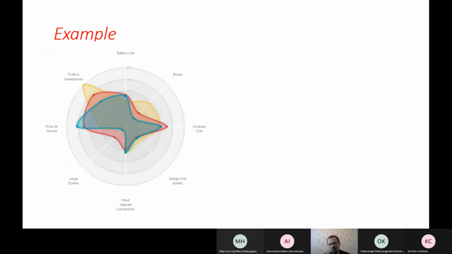Actually, it's not your obligation to prepare a picture in such a form. No, I think it's a little bit more obvious, but you can use, for example, a bar diagram. So you're welcome to use any type of diagram. I think it is a little bit more obvious if you use this type of diagram, but it's up to you to decide.